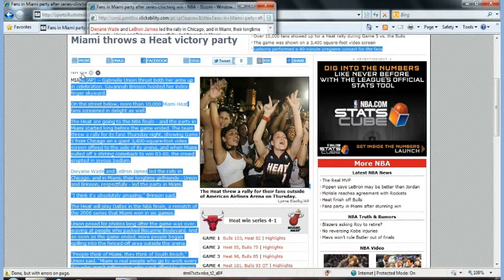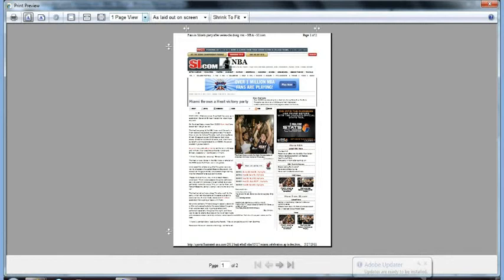Here at the top, you can actually see the options you have. It says one page view, and you can pick if it's multiple pages. You can choose shrink to fit and resize it a little bit. But this middle option down will initially say as laid out on screen, meaning as the page sits and that you're viewing. Well, if you clicked it after having selected something on the page, it'll only give this option if you have, as you'll see, it's only showing me what I actually highlighted,